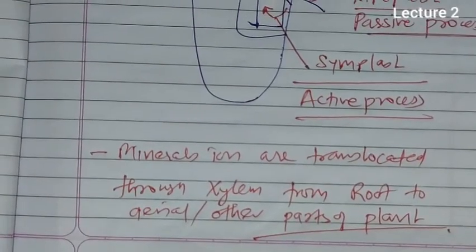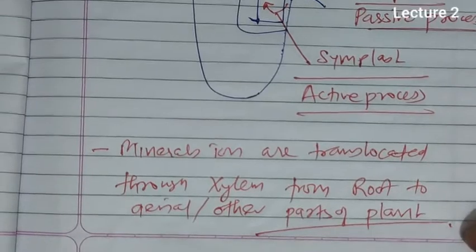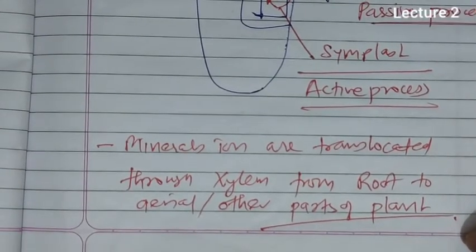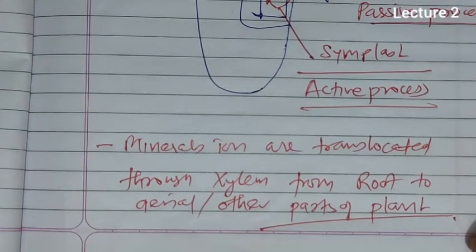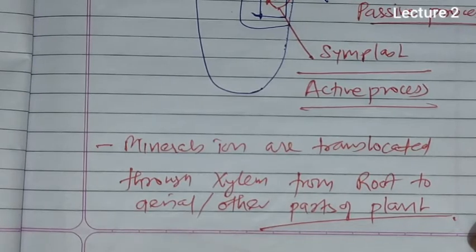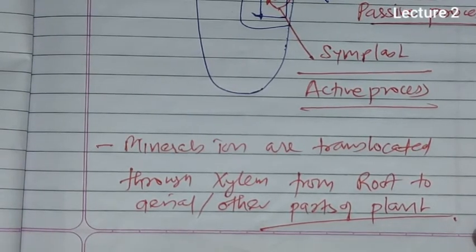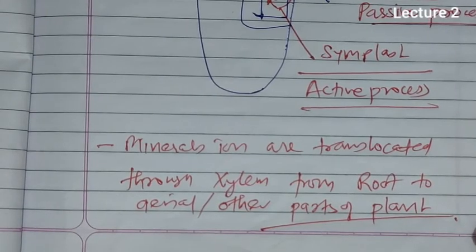So that are the particularly absorption and the translocation. Okay, now the all deficiency symptom, toxicity symptoms, mobility and absorption mechanism is over. In next class we will talk about the nitrogen cycle and metabolism of